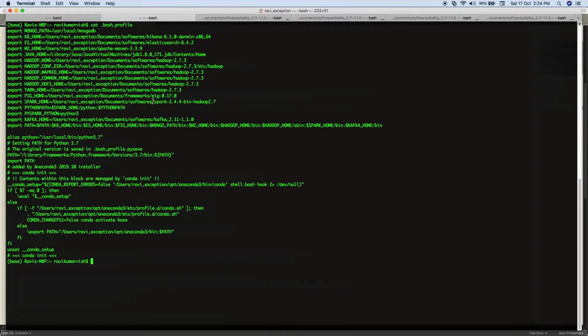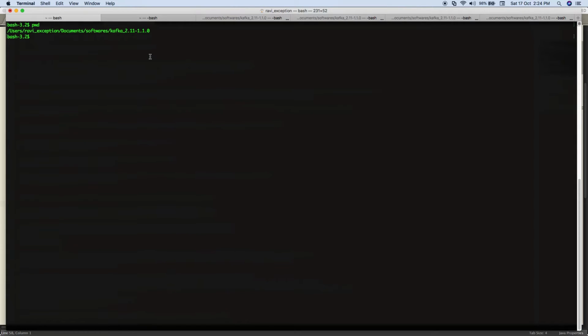In Linux, you can go to your bash profile, add an export KAFKA_HOME, and provide the complete path where Kafka is kept. After that, you can add KAFKA_HOME in your path like this, $KAFKA_HOME/bin. When you do that, Kafka will be available in your class path.